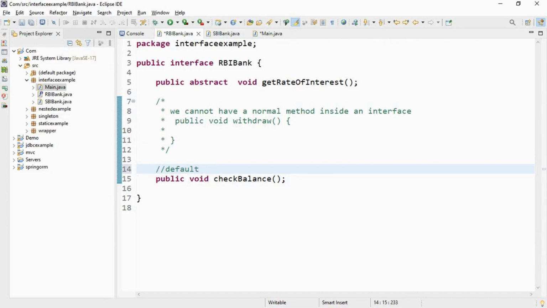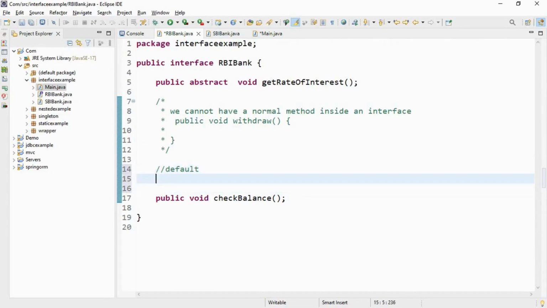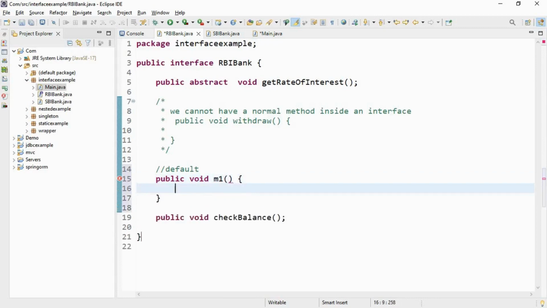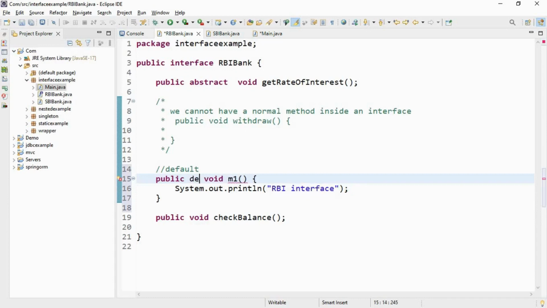So here, the new feature of Java 1.8 and above, we can have a default normal method, in which we use the default keyword, like public void. As you know, we cannot have a normal implemented method, but we can have a default implemented method. I'm going to show you in this example. Here M1 is my implemented method. As you can see, I'm getting an error there in M1. So I'm just saying RBI